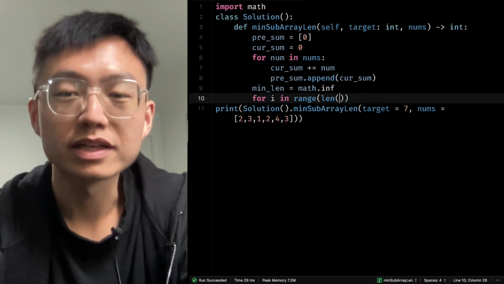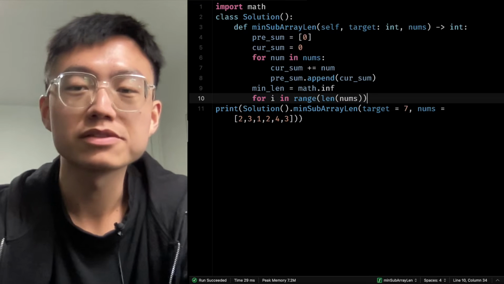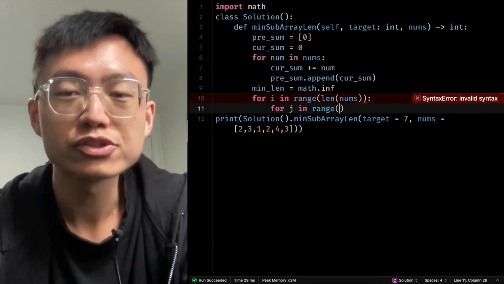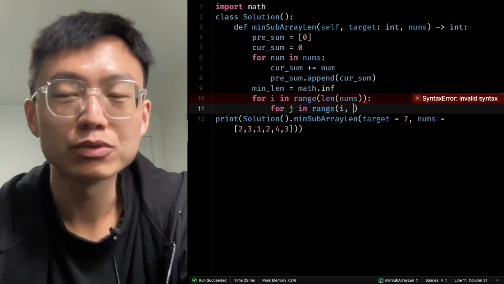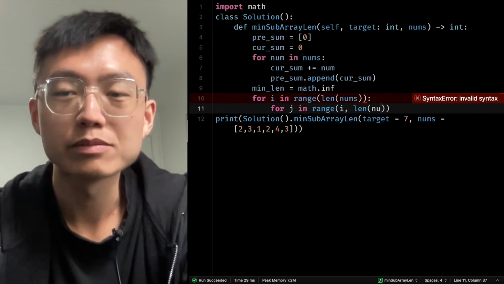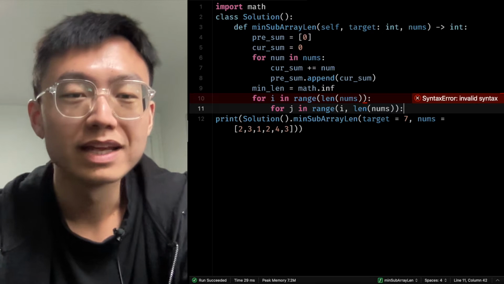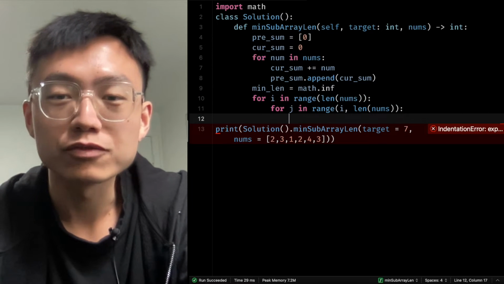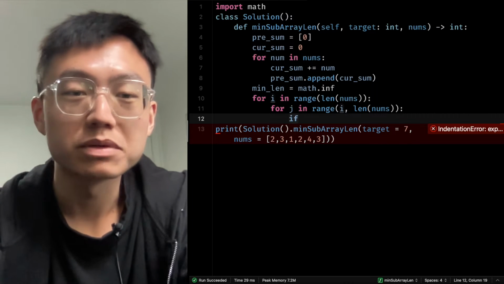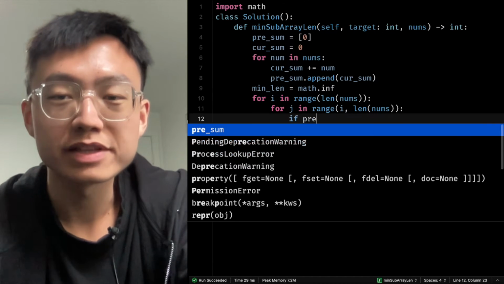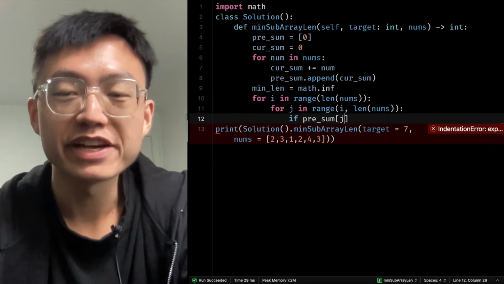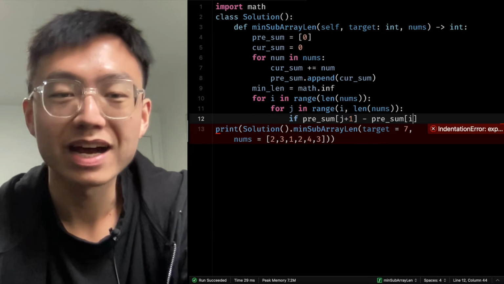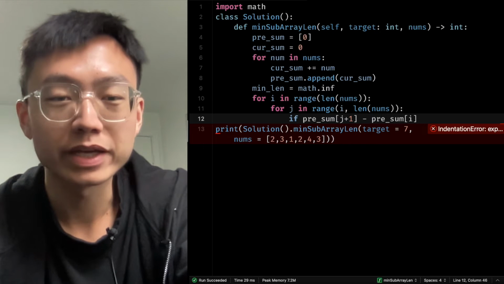The maximum is the length, and for j in range from i to the length, which is the last one, and then we can run this nested for loop in the prefix sum. If the prefix sum at j plus 1 minus prefix sum at i. So this is how we calculate the